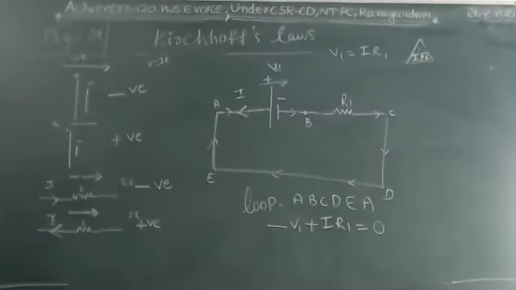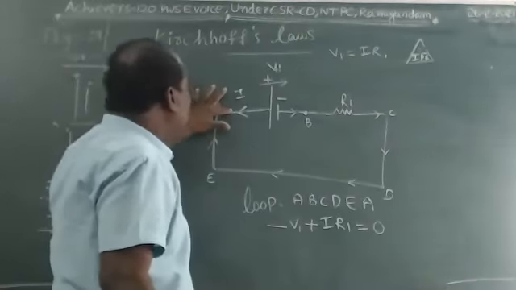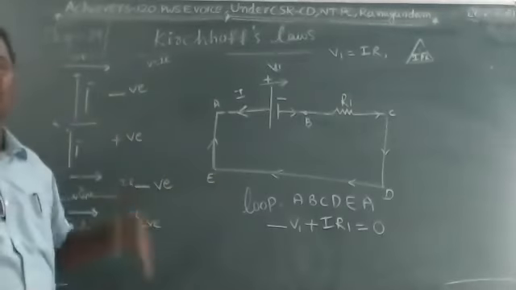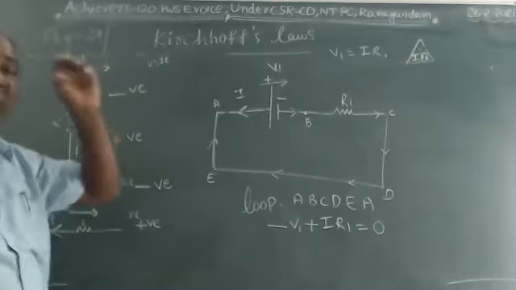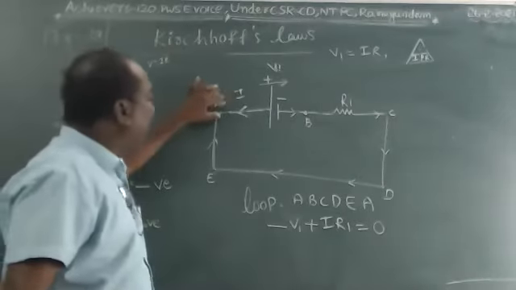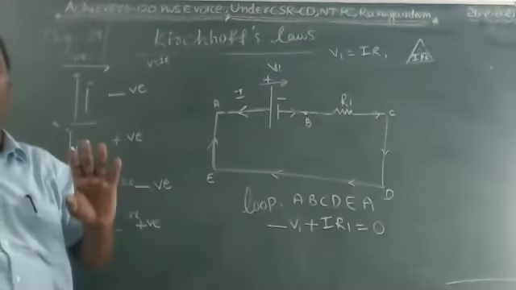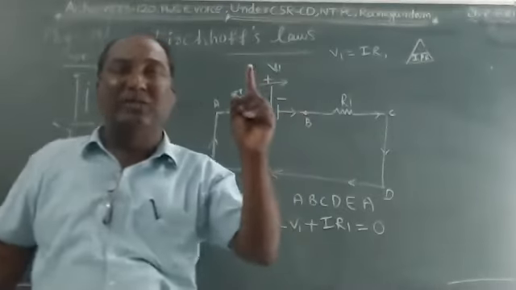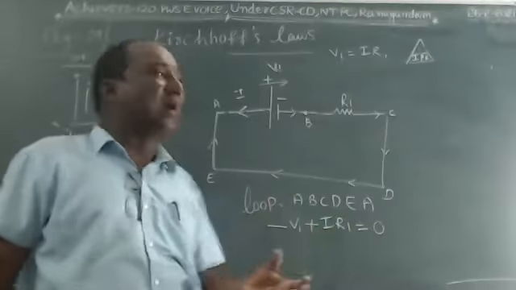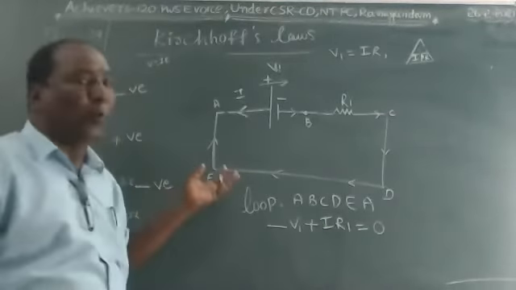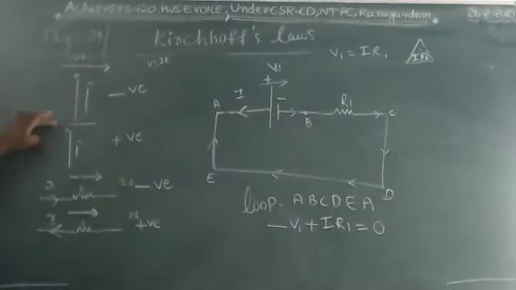This is the first loop. The arrow symbols show the direction; I just kept the arrow symbols for the sake of understanding. Just concentrate on the directions of current and voltage. It is very important. If you know the direction of potential difference and current, you can easily solve the loops. That's why be concentrated while doing the loop problems. You must know the sign convention rules.